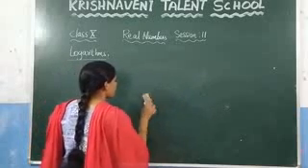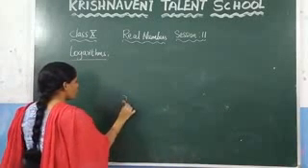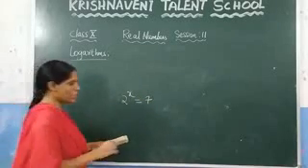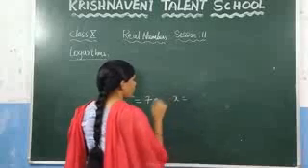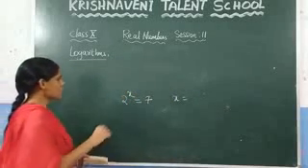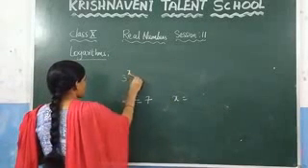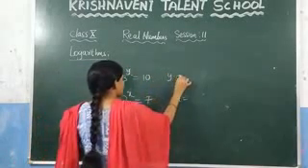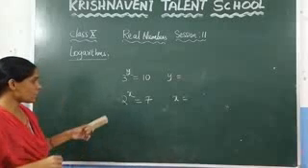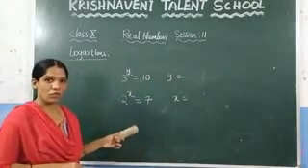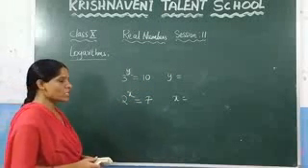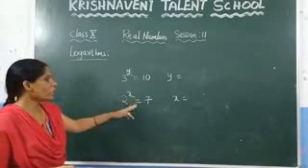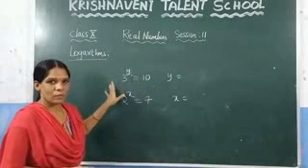Let us consider one more example. Consider 2 power x is equal to 7. Can we find the value of x here? What is the value of x? Let us consider one more: 3 power y is equal to 10. Let us change the variable. Now what is the value of y? Can we find the value of x and y here? If you want to find the value of x and y, what is our step? You need to express this 7 in the base of 2, and you need to express this 10 in the base of 3.